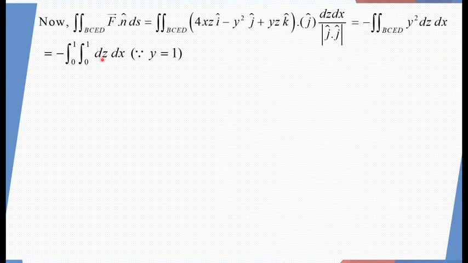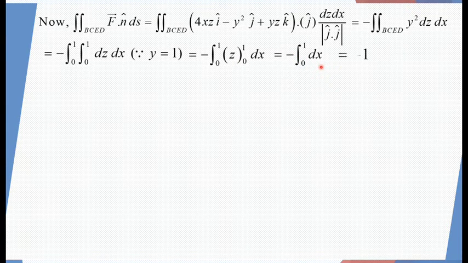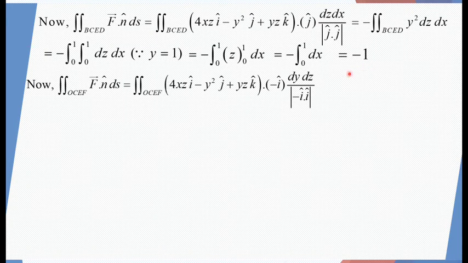So first integrating with respect to z, the integral of dz is z under the limit 0 to 1, so it will be 1. So it will be minus integral 0 to 1 dx. The integral of dx is x, and on putting the limit it will be 1. Minus is already there, so it will be minus 1. So for the next face,